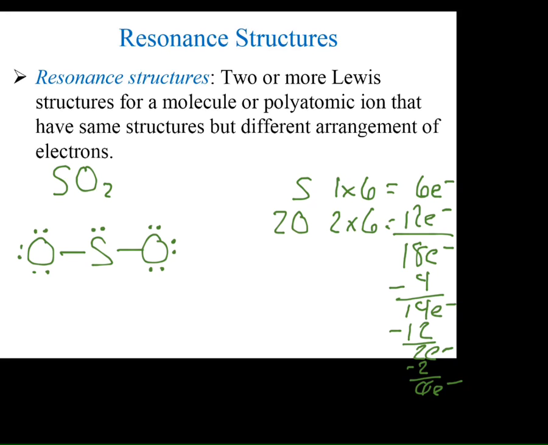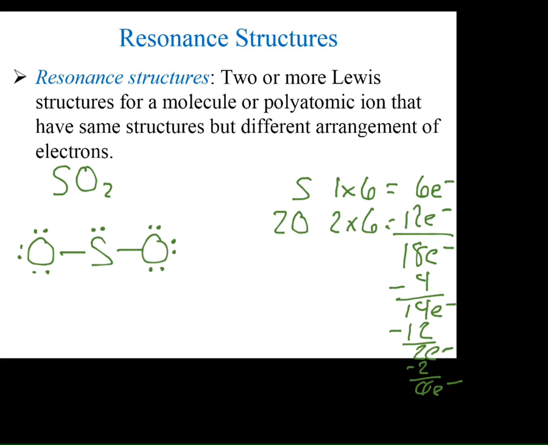Step 5 says, make sure your center atom has an octet. Does it have an octet? It doesn't. Sulfur only has how many right now? 6. So it's not happy. So we have to make it happy. So we are going to take one of the non-bonding pairs on the oxygens, migrate it over, and make it